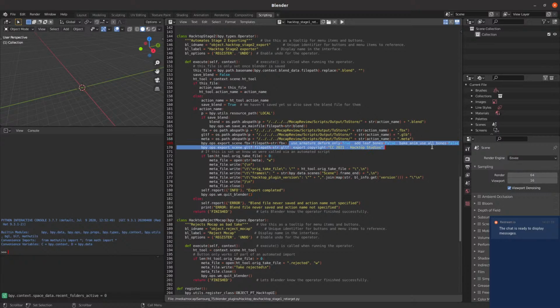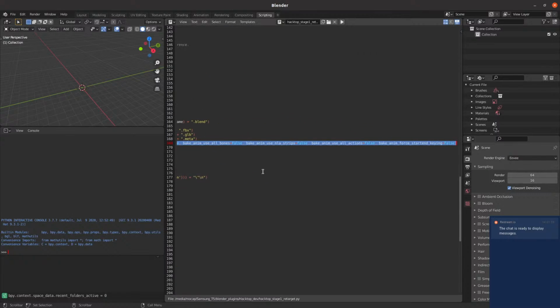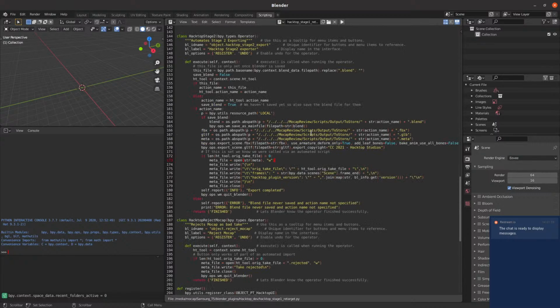So this huge line here, those are all the settings I need for FBX. FBX has a bunch of options when you're exporting, and a lot of them break it. So this makes sure that it does not break when exporting. I used to do this by hand. Not only is it time consuming, it's possible to make mistakes, and I don't want to do that. And so I think the only thing left to do here is